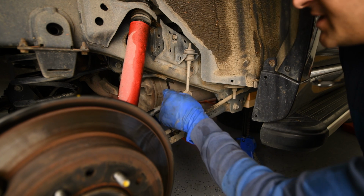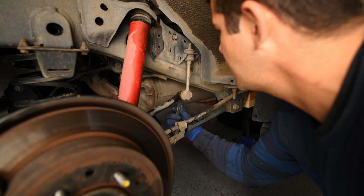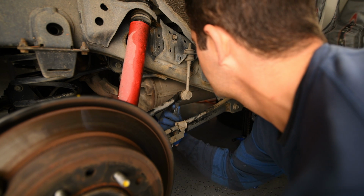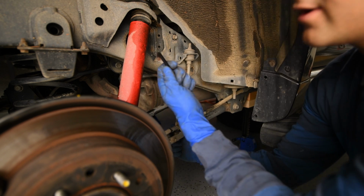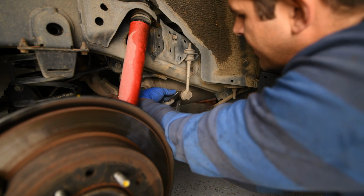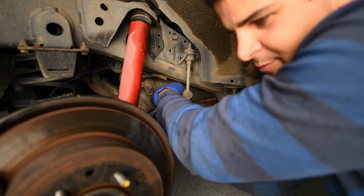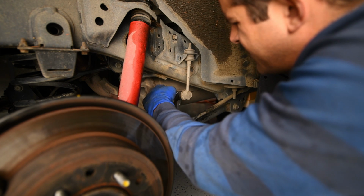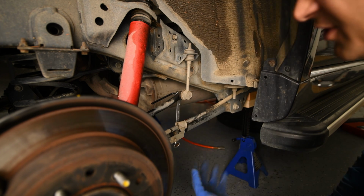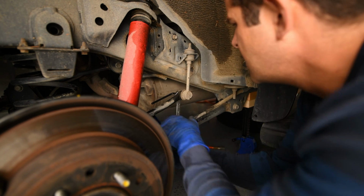All right, so let's start with the sway bar end link here. So I'll put my 17 mil on there. Great, and I've got an Allen key here. I'm going to pop that in the back. I did soak these overnight in penetrating oil to make sure they would come loose. This area of the car does get a lot of salt and water and stuff on there. These bolts can corrode a bit. So anyways,